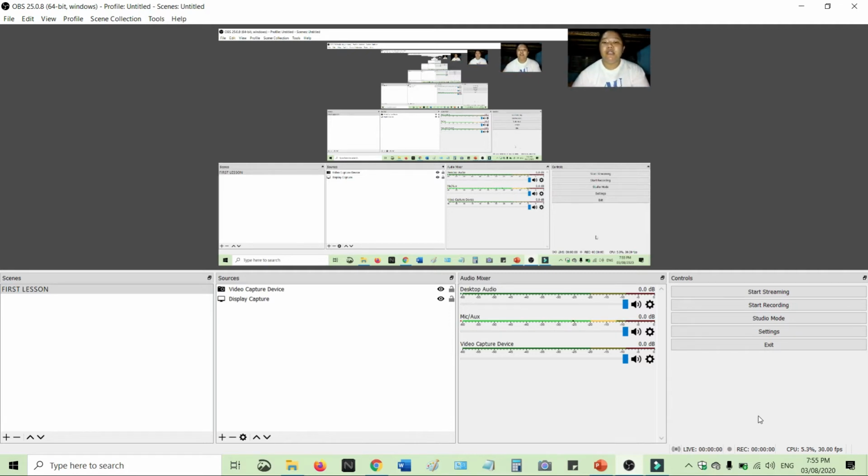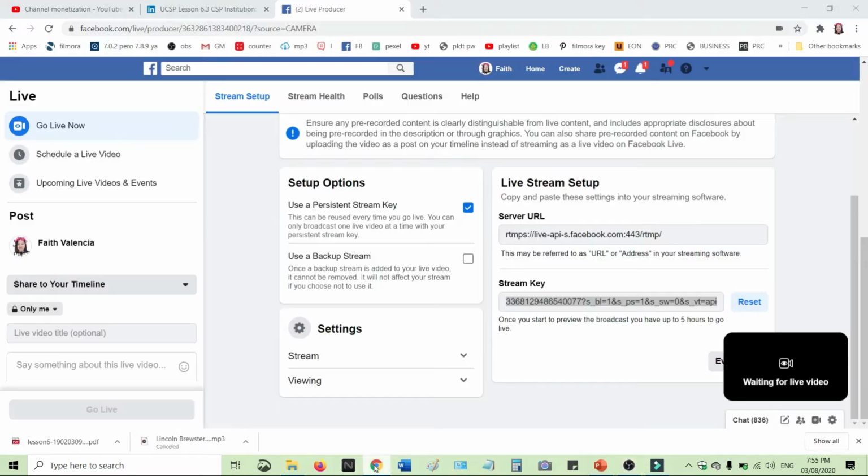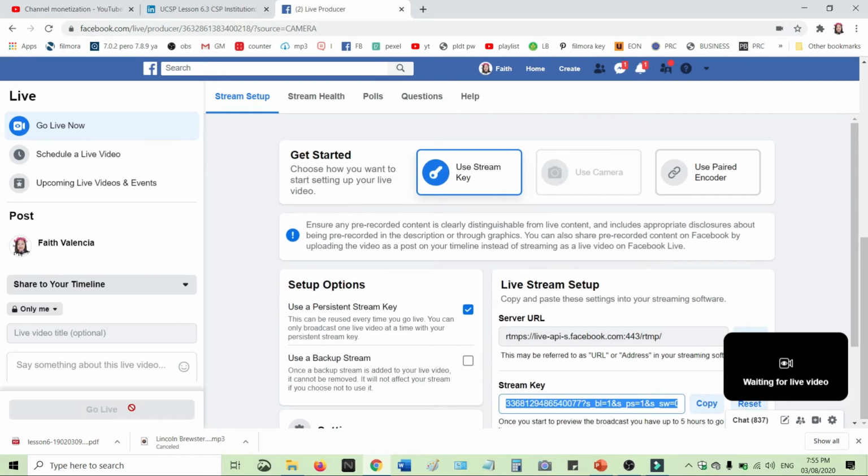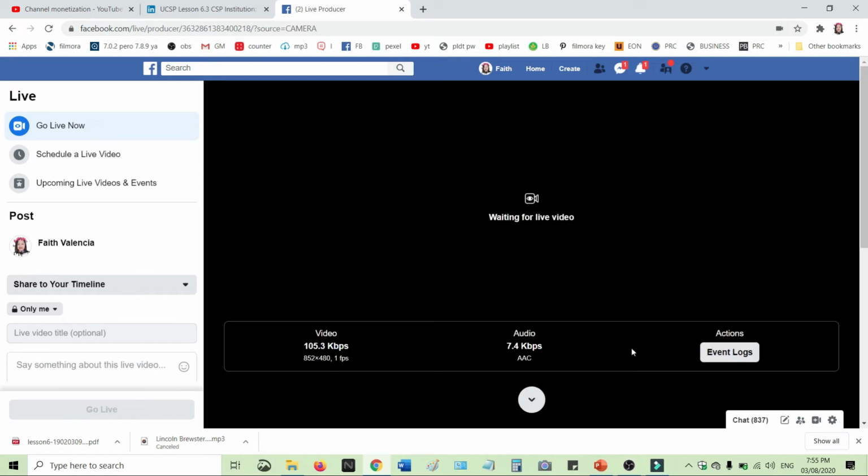So the next thing that you will do is, of course, to start streaming. So for you to start streaming, just click mo yung start streaming here and then you go back to your Facebook account. So magiging blue ito. So it means to say, kapag nag-blue ito, connected siya kay OBS and successful or tama yung stream key na nilagay mo. Okay, so just click the go live and then